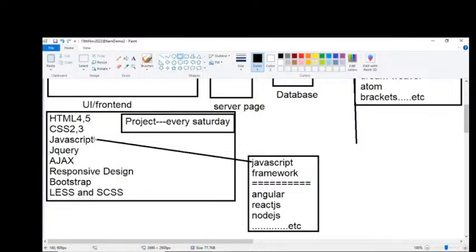Okay. Here I'm discussing frameworks. The framework classes are Angular, React, Node. Any framework, we can use it here to develop our output. Next one here,